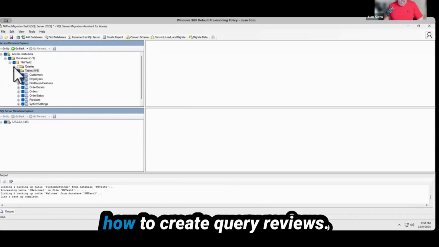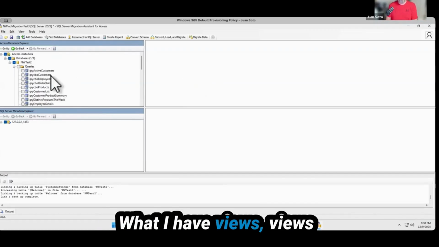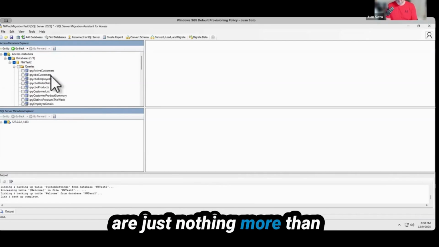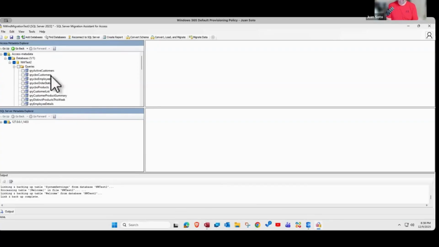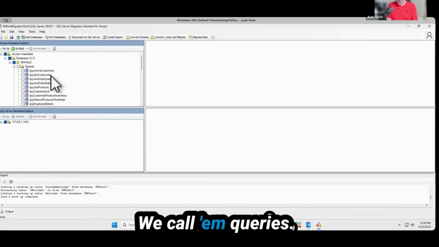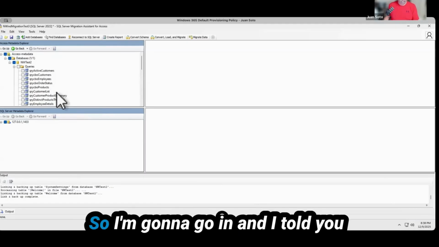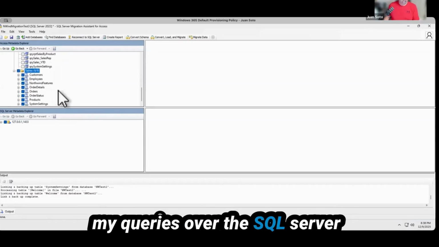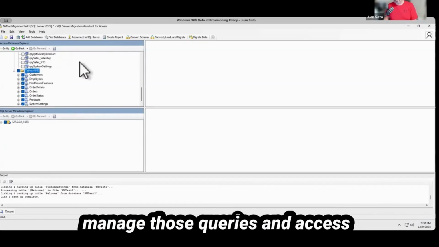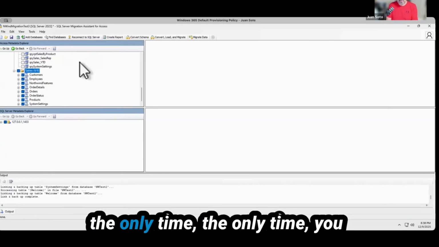Today I'm going to show you how to create query views. What are views? Views are nothing more than queries in SQL Server. They call them views, and in Access we call them queries. I told you last time I don't like converting all my queries over to SQL Server views because it's easier for me to manage those queries in Access. The only time